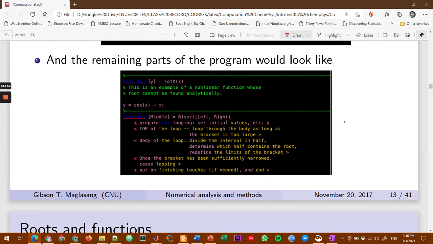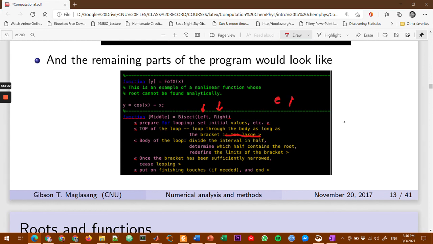So take a look at this. Its input is the initial left and the right. So you prepare for looping, setting the initial values. Top of the loop. The condition is that if it reaches this accuracy, it stops looping. So loop through the body as long as the bracket is too large, that epsilon. Okay? The bracket is too large, meaning